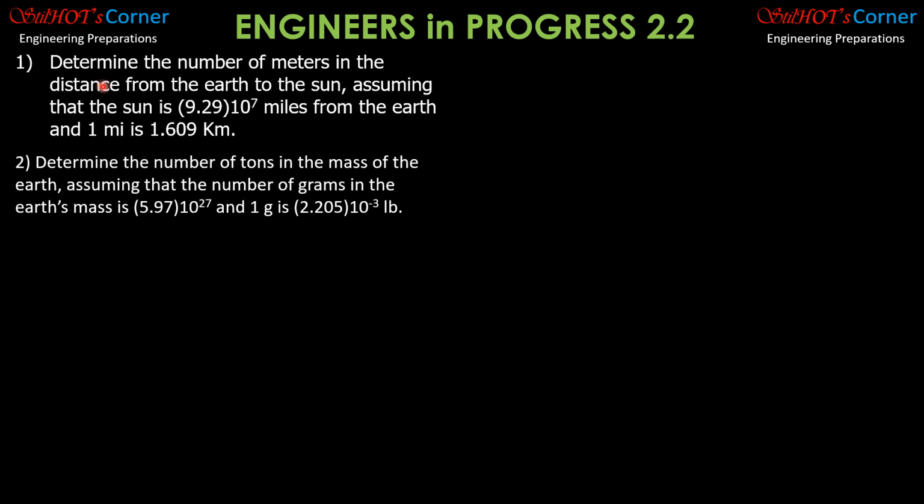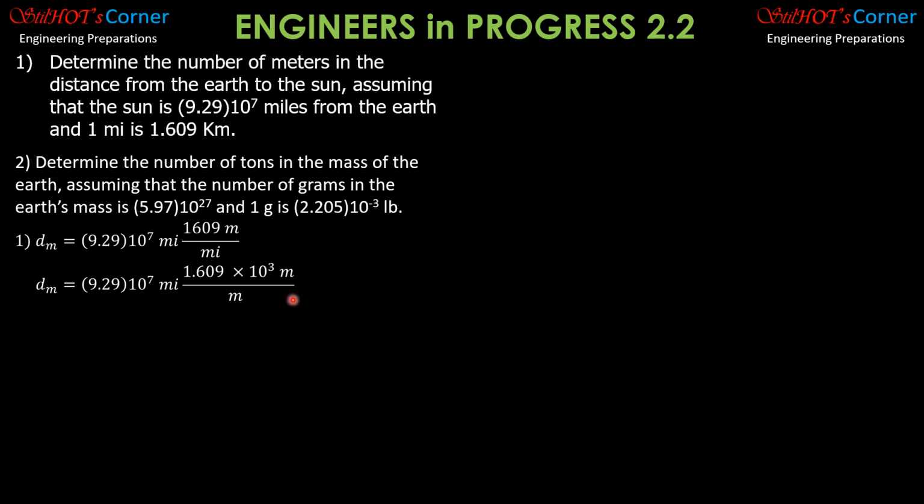That's 1 ton. So for the solution to number 1, distance in meters is 9.29 times 10 to the 7 miles times 1,609 meters per mile. So that's 1.609 kilometers times 1,000, so 1,609 meters per mile. We can cancel miles, so this is now in meters. But let's express 1,609 meters in scientific notation. So that would be 9.29 times 10 to the 7 miles times 1.609 times 10 to the third meters per mile. So the units is now meters, and it is 9.29 times 1.609 times 10 to the 7 plus 3,